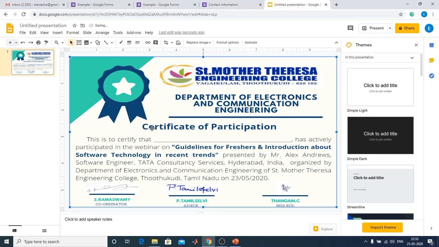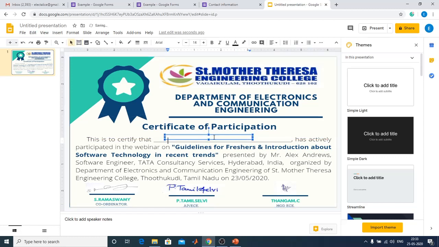Now to insert the built-in function, you have to use the insert text box. Press this, and where you want the name to be printed, place it over here. Suppose it is over here, the built-in function is flower bracket full name, and close it.